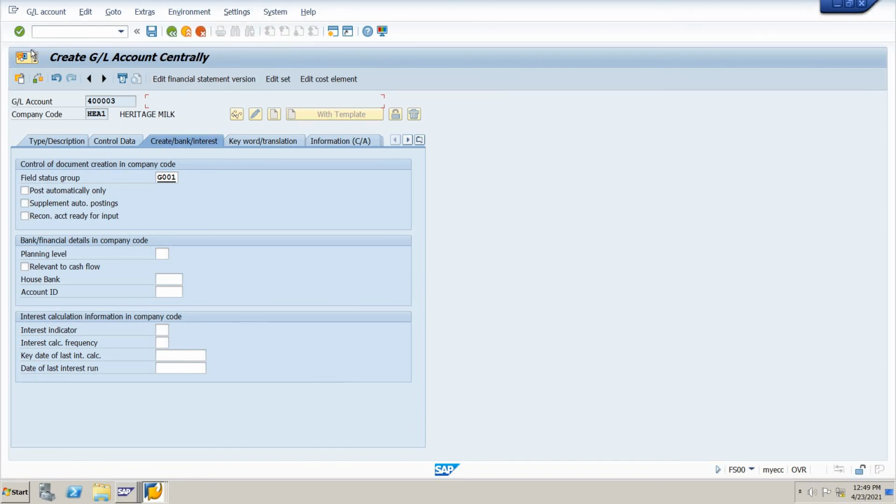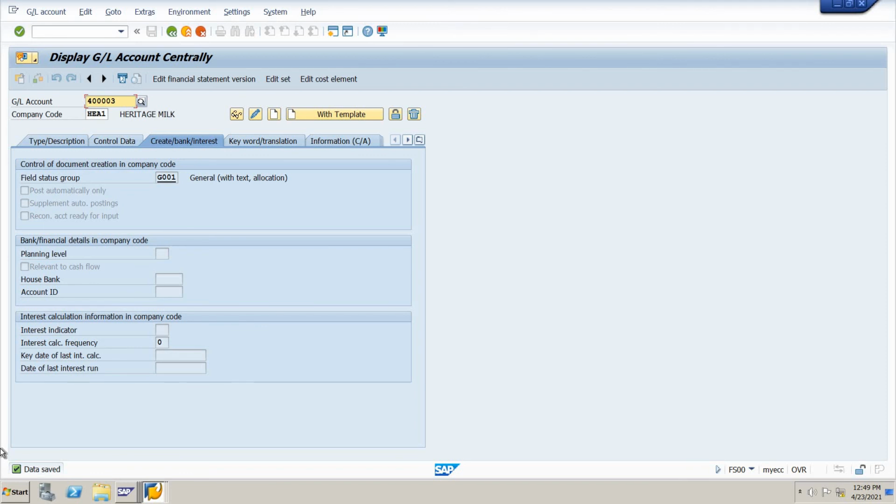Okay, then we have to save it. This is GL account number 4003. So data was saved.